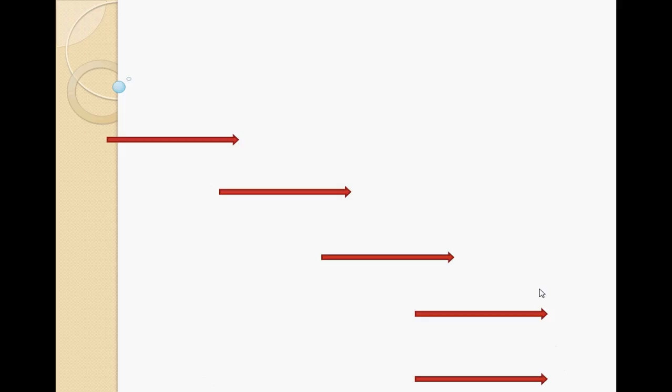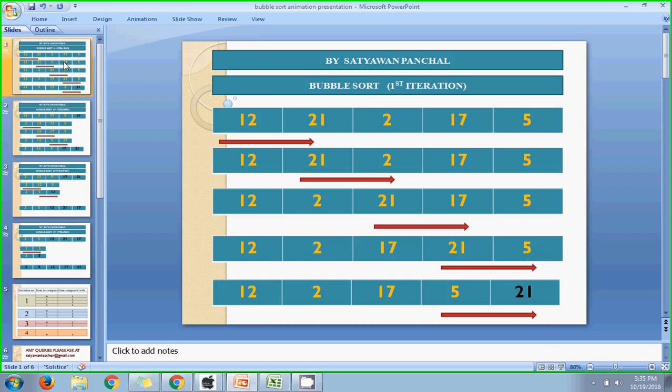Like I have discussed in the last video tutorial, if the number of elements we take is 5, then the number of iterations will be 4. I mean, if the number of elements in the sequence to be sorted is n, then n minus 1 will be the number of iterations. You can see here this is the first iteration, and in this iteration I have taken 5 elements,